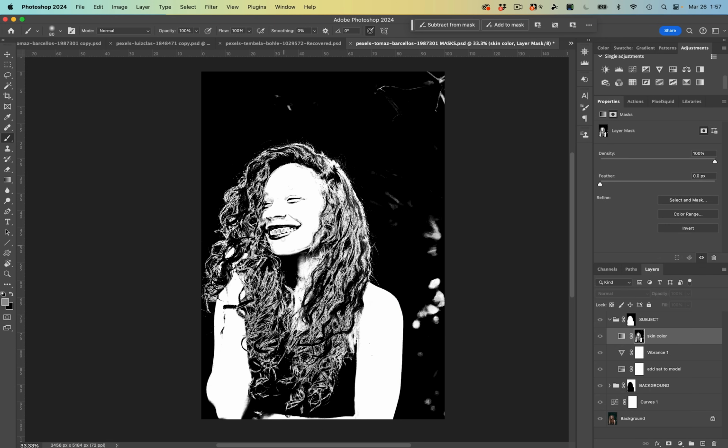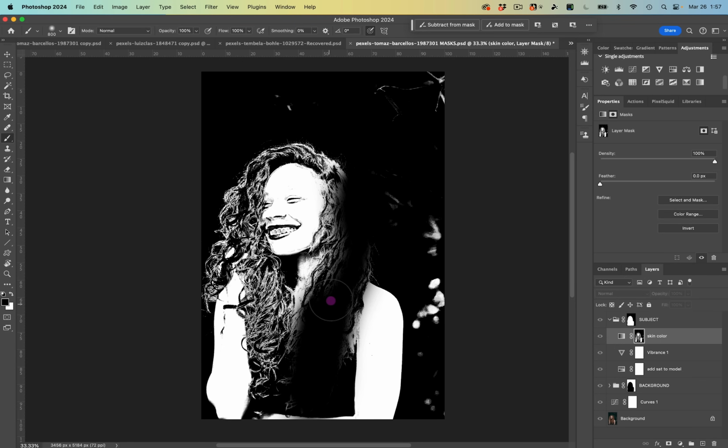But I do need to come in here and get rid of some of this hair. So I'll do that by hitting B on my keyboard for my brush tool. I will make sure that I'm painting with black. And I'm going to make a nice soft brush, and I'm just going to paint out the area where this mask picked up